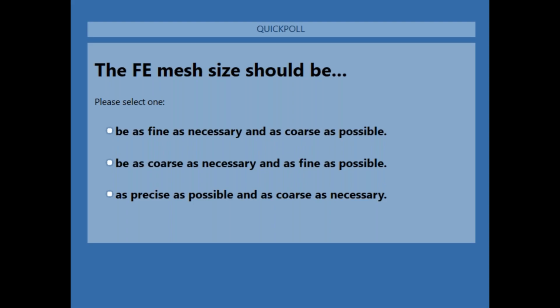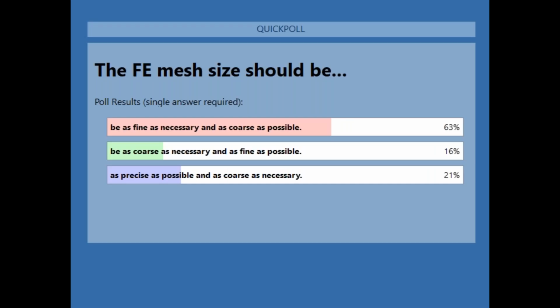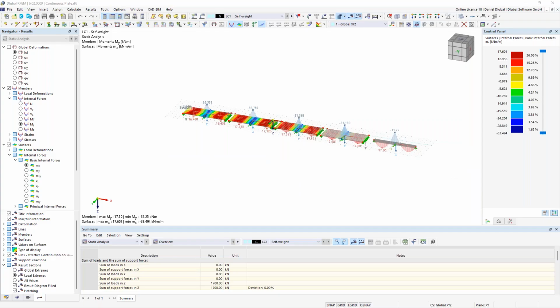Okay. Let's share the results. And again, here, the most of you, thank you, have chosen the correct result. So when I want to do a good FE mesh, then I have to choose it as fine as necessary and as rough as possible, or as coarse as possible. Okay, good. So let's jump to the PowerPoint presentation again,